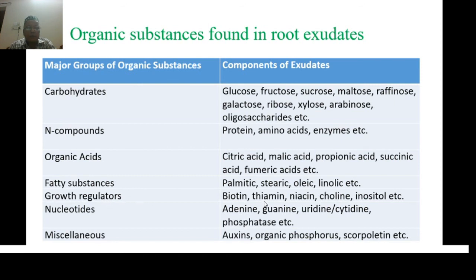Growth regulators: biotin, thiamine, niacin, choline, etc. Nucleotides: adenine, guanine, uridine, cytidine. Miscellaneous: oxygen, organic phosphorus, etc. So those are all about this, and we have discussed this in relation to the root for the